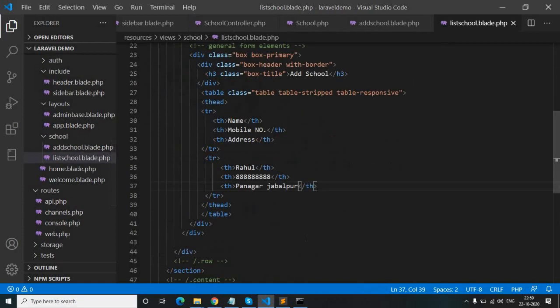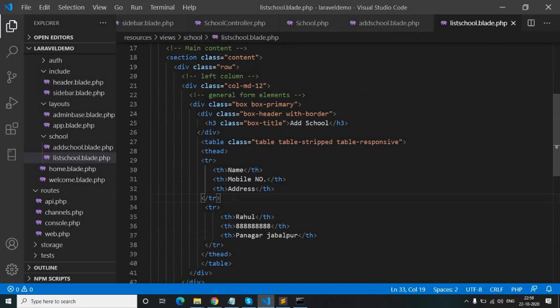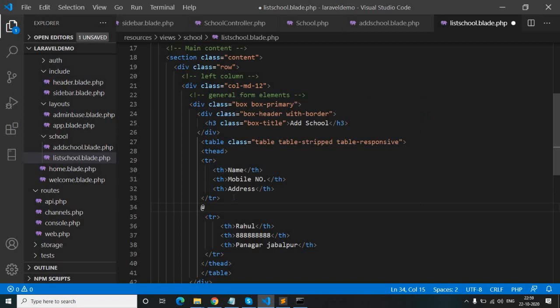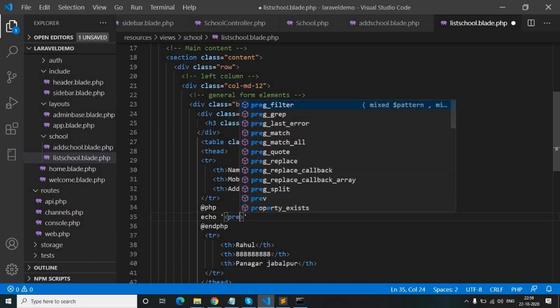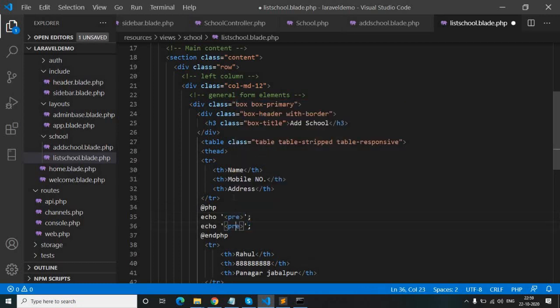So we will go to list school, and here we will print our variable using at PHP, enter, list.